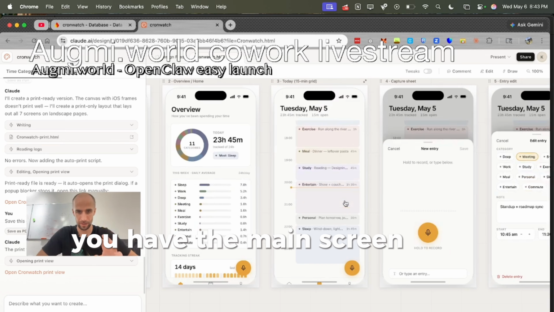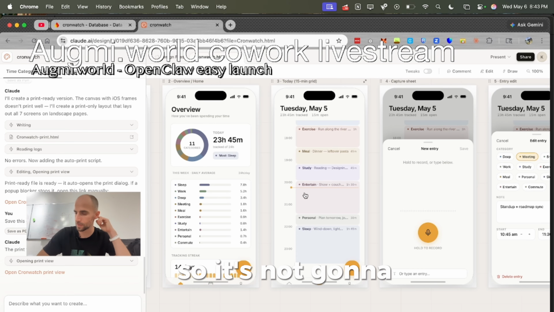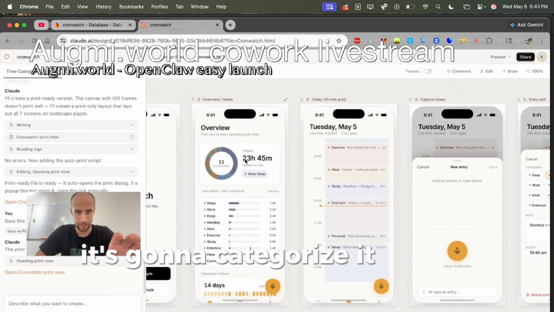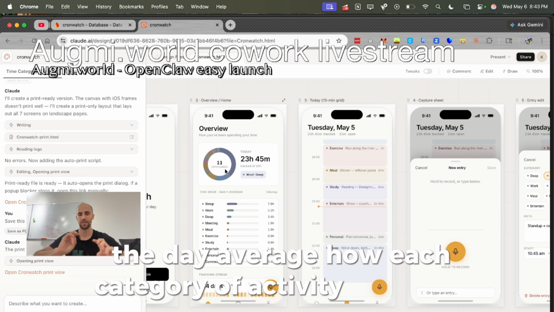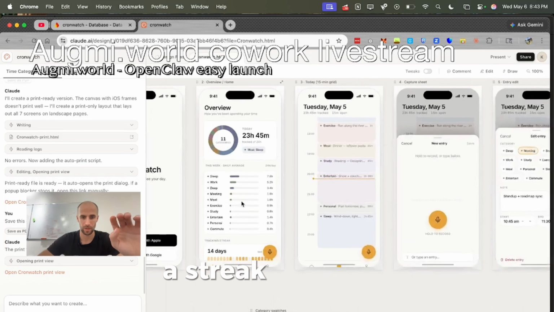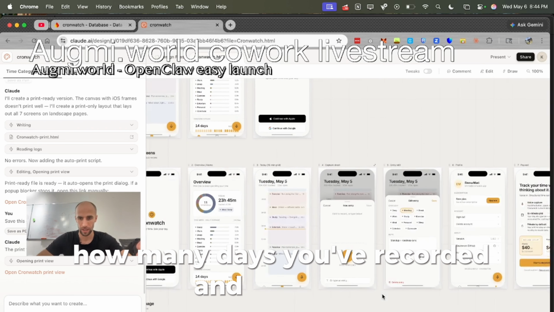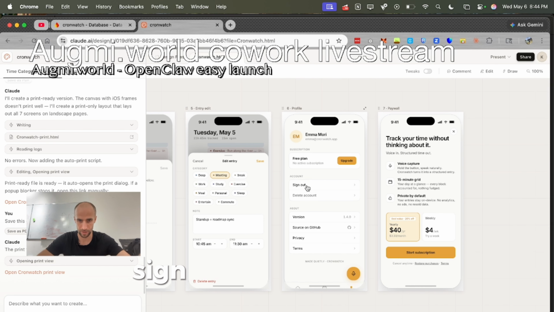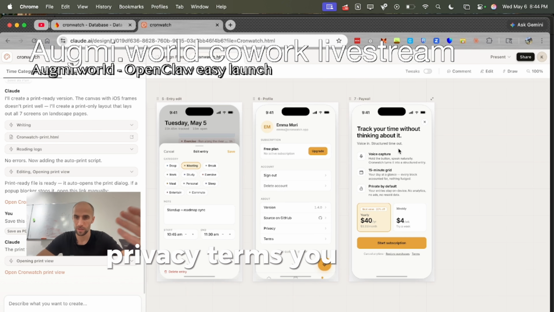You have the main screen, which shows you the day and the current time. So it's just going to record all the times before, and it's going to categorize it. And the home view has your day average, how each category of activity is divided, and you have a streak for how many days you've recorded. And what else? You have the settings page. It's very simple: subscription, sign out, delete account, the version. It's open source, privacy terms. You have the paywall,